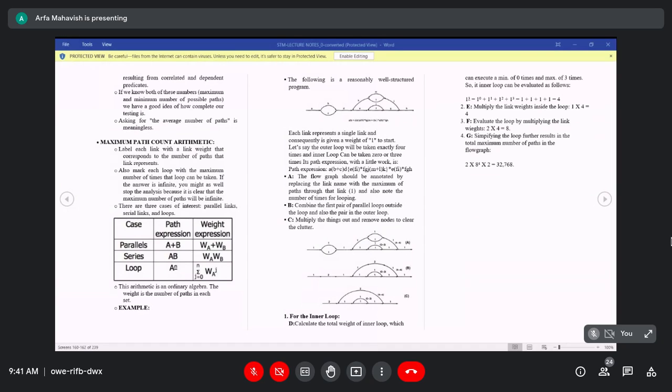For example, if the weightage of WA is 0.1 and WB is 0.2, then 0.1 into 0.2 is 0.02. So this is the link weightage we are getting from the two nodes.